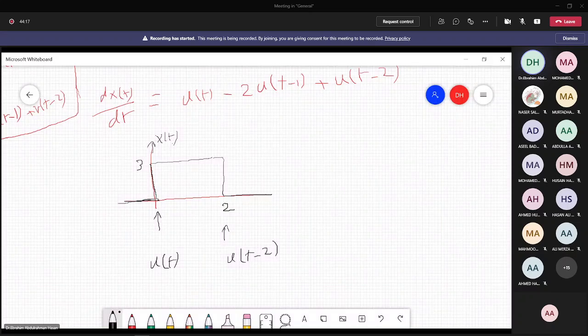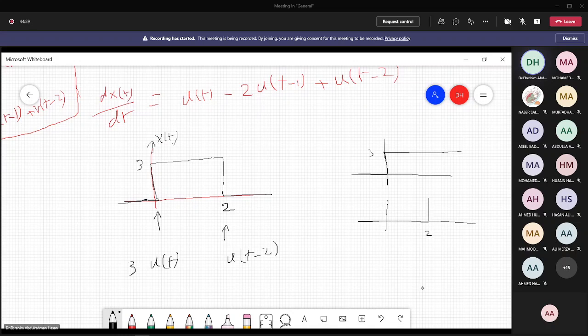Okay, what to put here? Notice now. First we have only this, which is 3u of t. So if you leave it as it is, only 3u of t, then it is going to continue until infinity. But if you subtract from this one